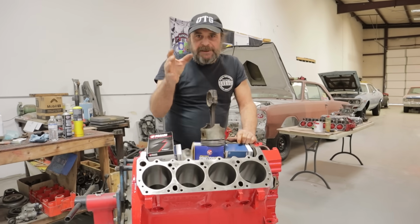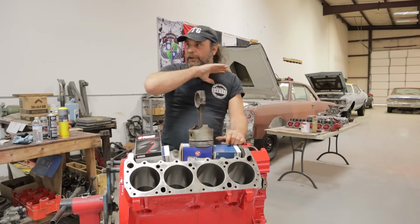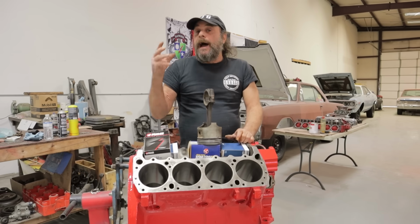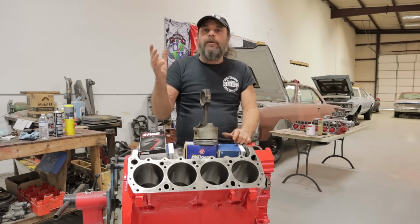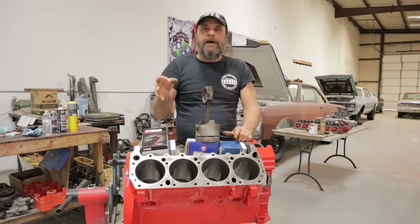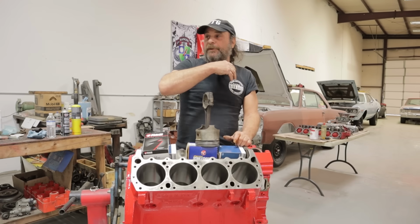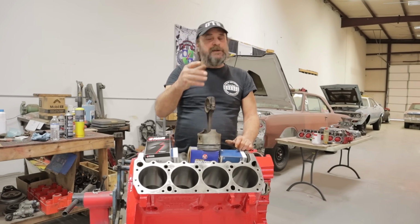You're not building a race engine, and you're not building a customer engine that has to go. No, what you've done is you've picked up a motor from the junkyard, or from the swap meet or a buddy, or you've got a driver type of car, street and strip type of car, whatever it happens to be, classic, and you just want to freshen the thing up. You want to put rings, bearings, gaskets, seals, pumps, and then basically just refresh the thing so it goes back out on the road. You're who we're talking to with this video,